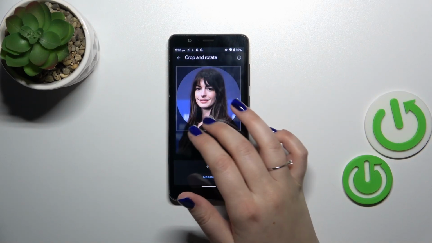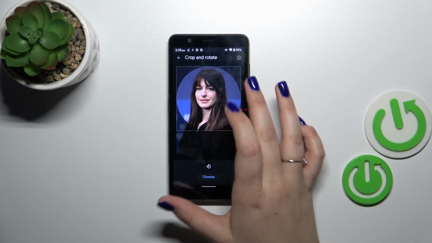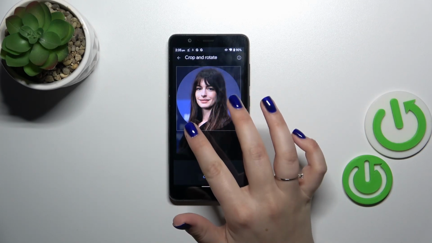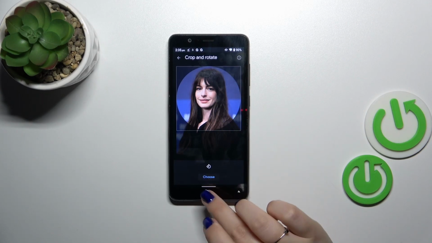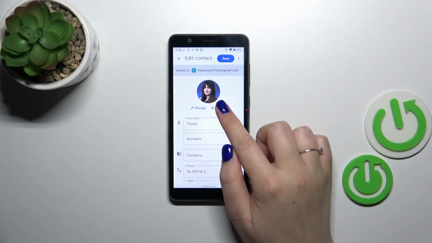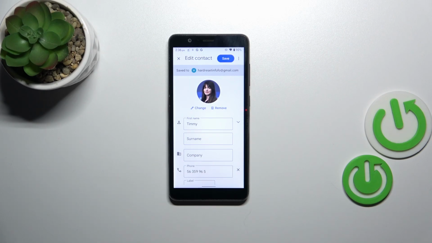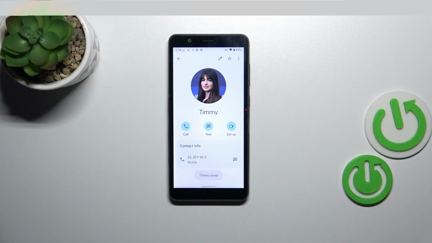out the photo. You can change the position of it, so you can position it in this highlighted circle, and thanks to this you can decide what will actually be applied to the contact. So if you're happy with your choice, just tap on choose, and as you can see the photo has been immediately applied. So remember to tap on save in the right upper corner, and